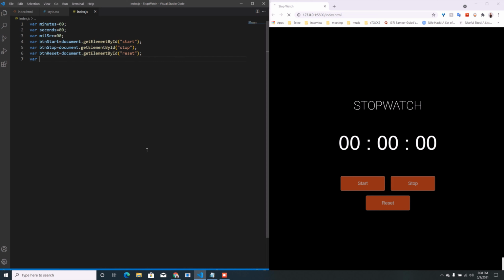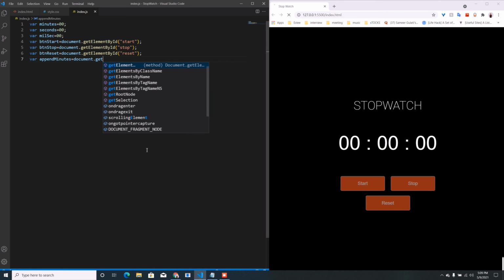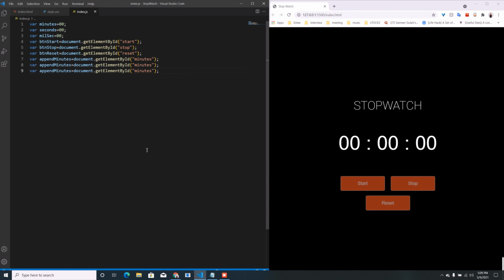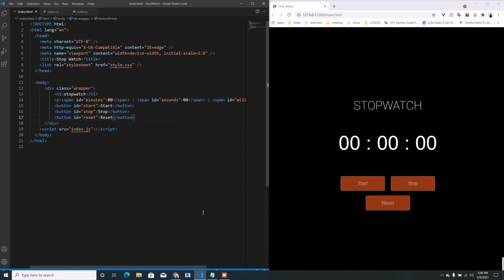Now let's do one thing. Instead of writing document dot getElementById and appending that every time, minutes will be appended with document dot getElementById minutes, and then seconds, and millisecond, I guess, was the id I gave it.